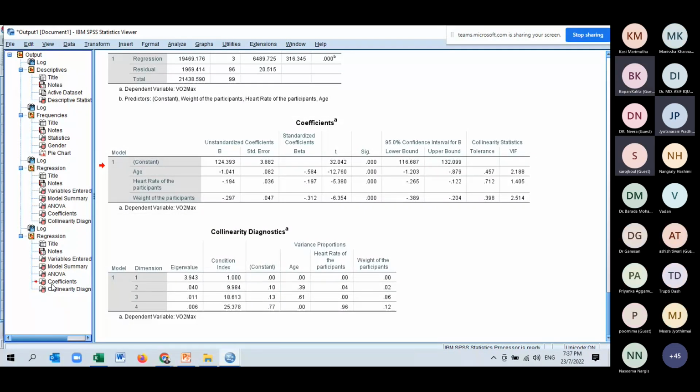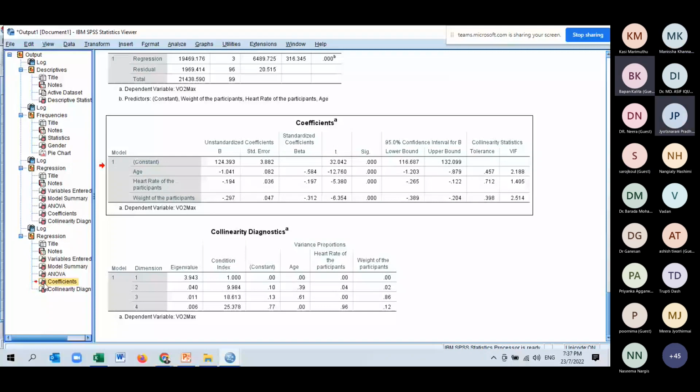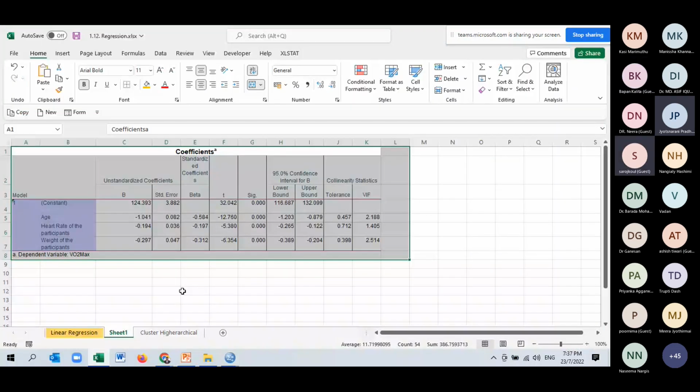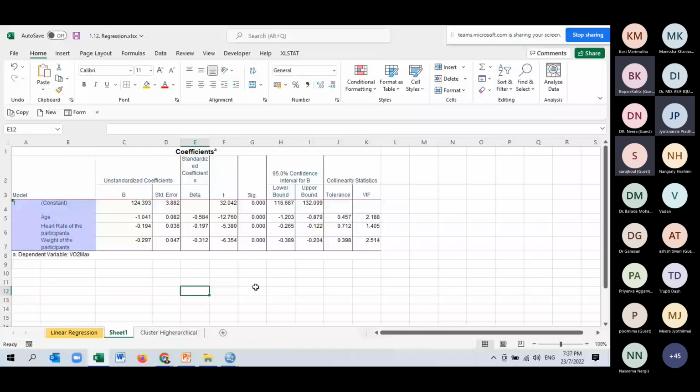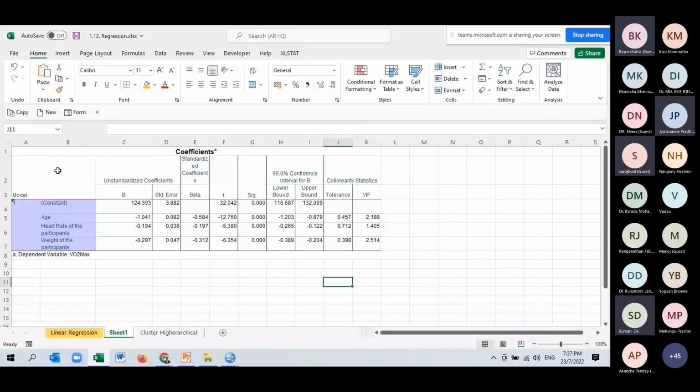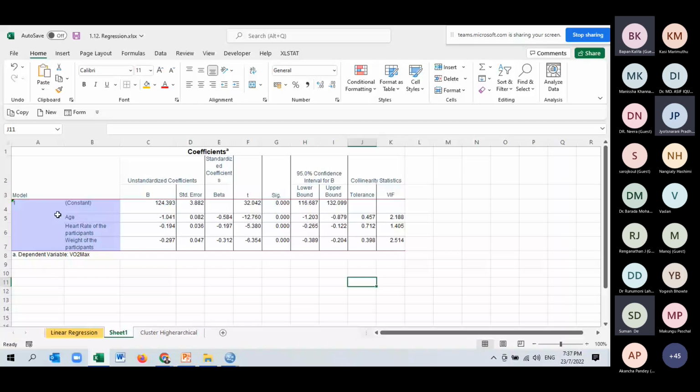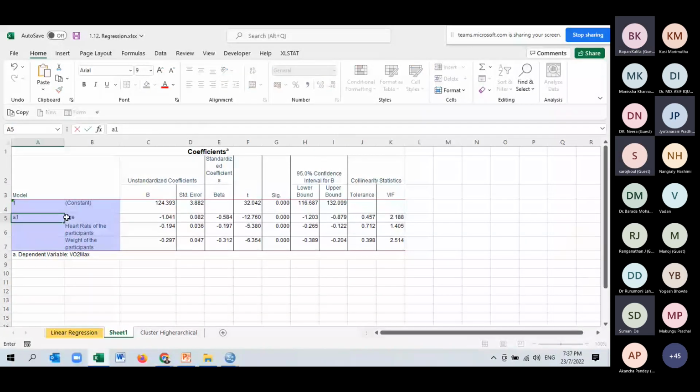Oh, no worry. So copy this coefficient table. Yeah, copy this coefficient table. Okay, the last one, coefficient table. And you paste it here. So this is A1, this is A2,